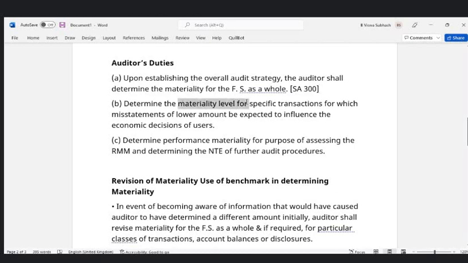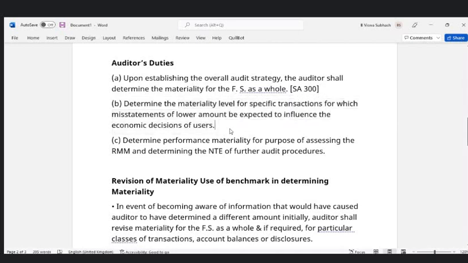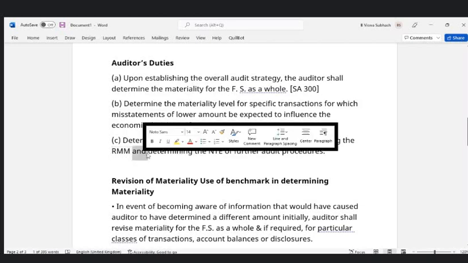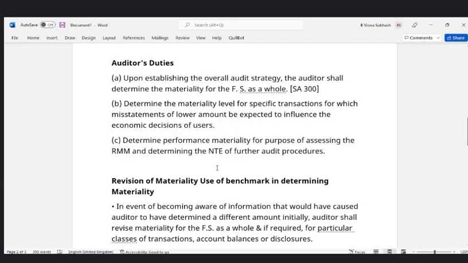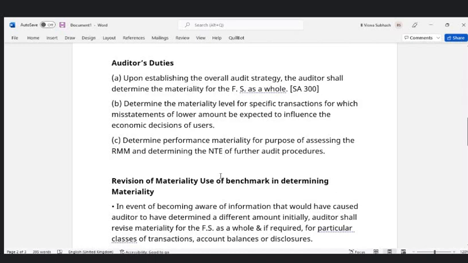determine the materiality level for specific lower amounts that might be expected to influence the economic decisions of the users. So based on the financial statement that you are auditing, that materiality level might have to be reduced. Third, determine performance materiality for purpose of assessing the risks of material misstatement and determining the nature, timing, and extent of further audit procedures. RMM is risks of material misstatement, NTE is nature, timing, and extent. Based on the